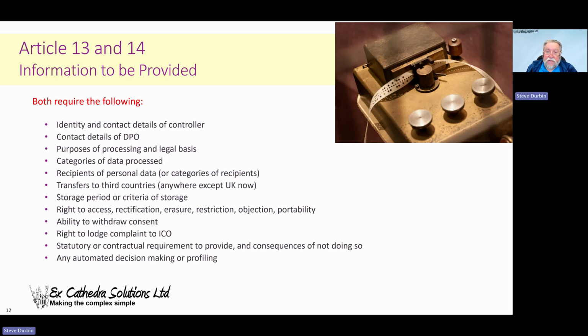Okay, now some of those things people leave out of their notices, in particular online privacy notices, where they don't include things like the contact details of the DPO, the fact you've got the right to lodge a complaint with the regulator. Okay, so you need to use that as a checklist to make sure you've got all of those things in your privacy notice. If you don't, it's not compliant, simple as that. And unfortunately, I see a lot of non-compliant privacy notices.